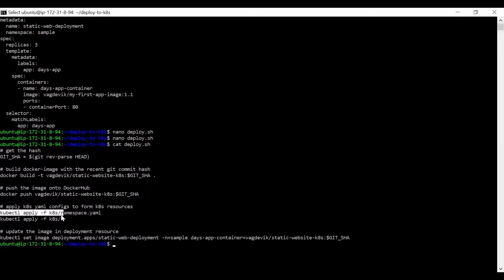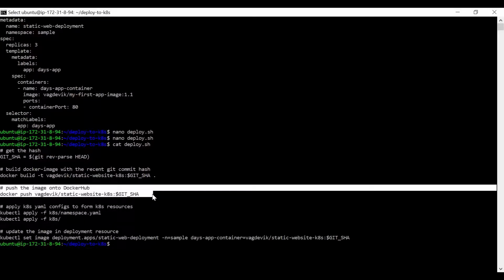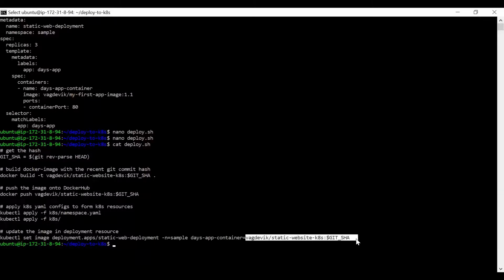And then we are pushing this Docker image because the deployment resources cannot do this on their own. They just want to get the image of our application directly. So that is the reason we are pushing this onto Docker Hub, so that we can just write the name of the image we want to use later in the deployment resource, right?